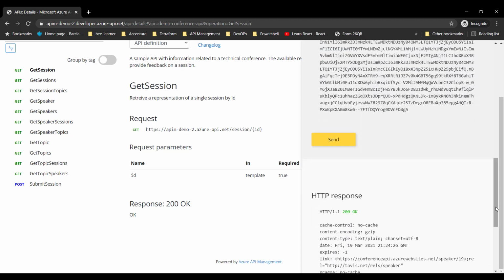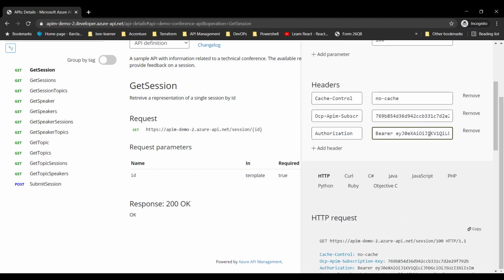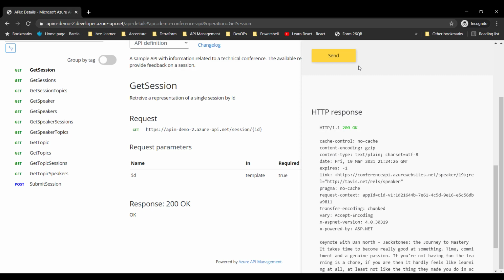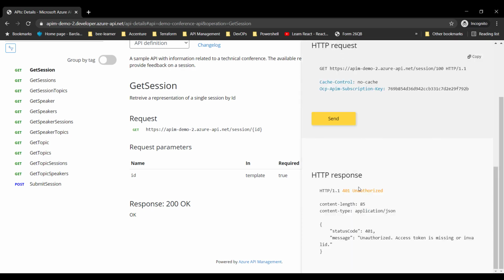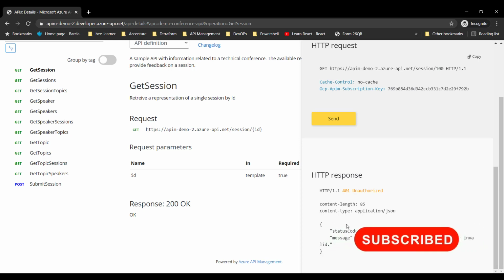Let's see, we are getting the response. Now if I change the header value with something else, or if I remove the header value, then I'm getting the authorization error. So we have tested from all three locations: within the Azure portal, from the developer portal, and from Postman as well. I hope you find this useful, and it helps you configure the same settings in your project.